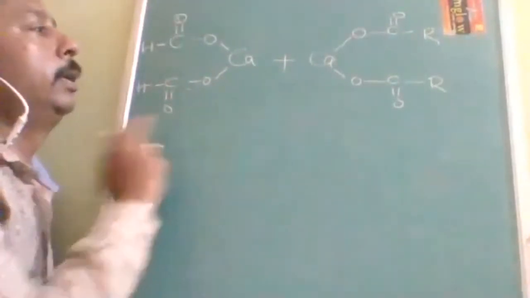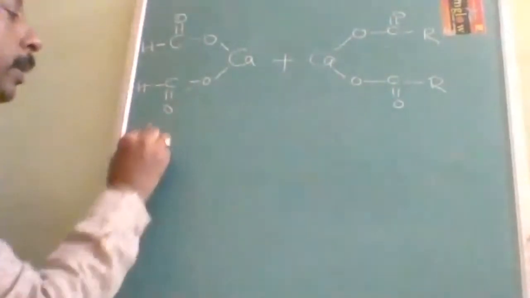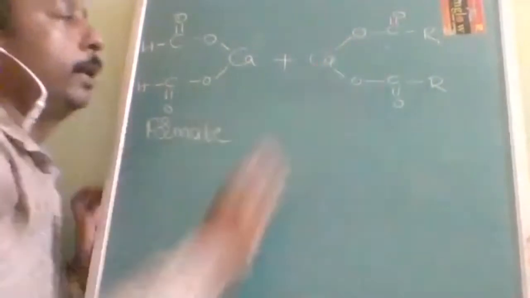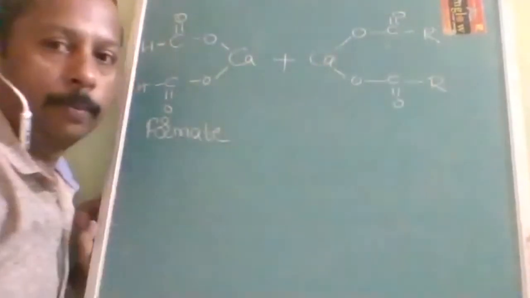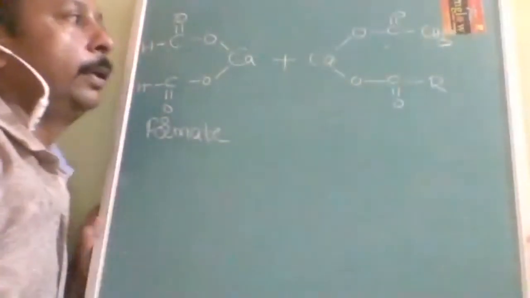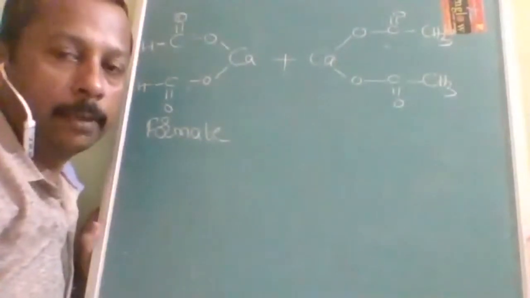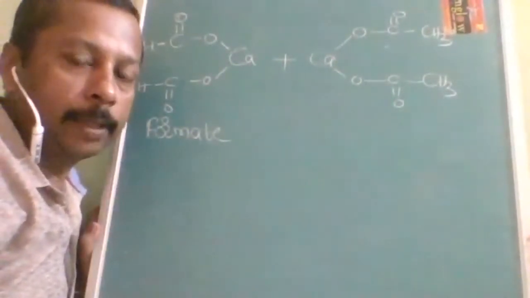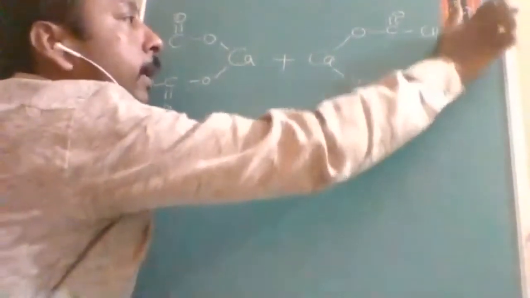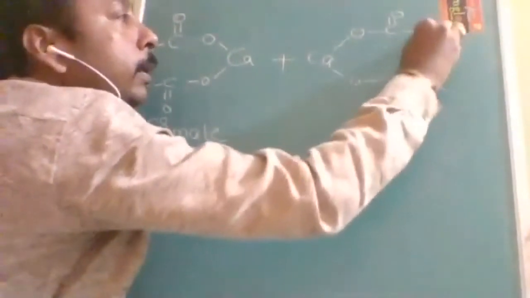This is calcium, one carbon is there, formate. So calcium formate. For the general reaction, I have taken some alkyl group. Suppose it is CH3, then it is called calcium acetate. But as a formula, if you want to use this, my sincere advice is you should remember this as R.